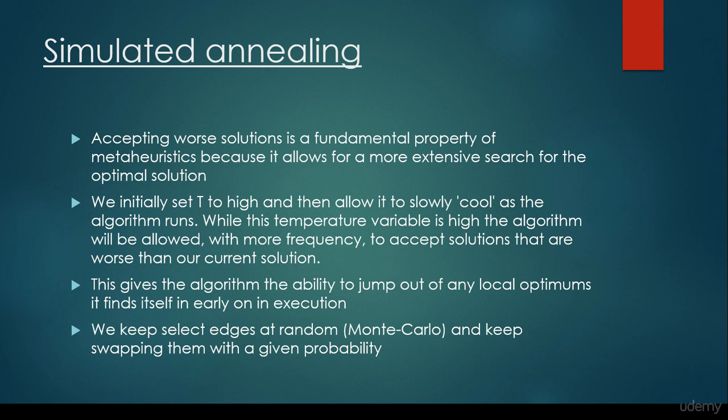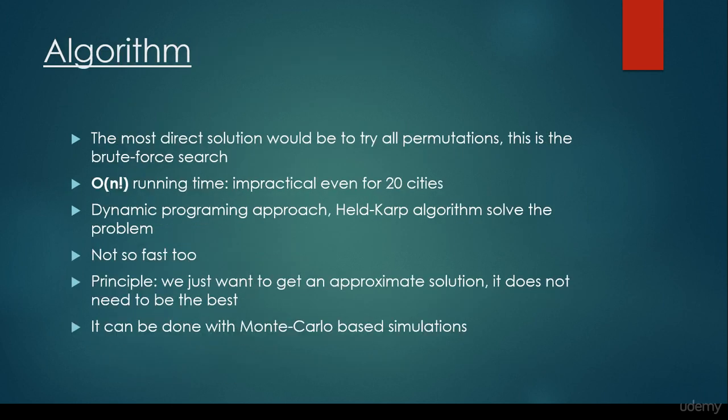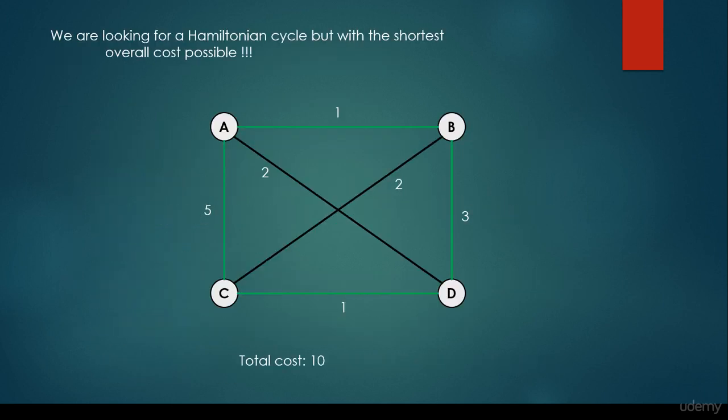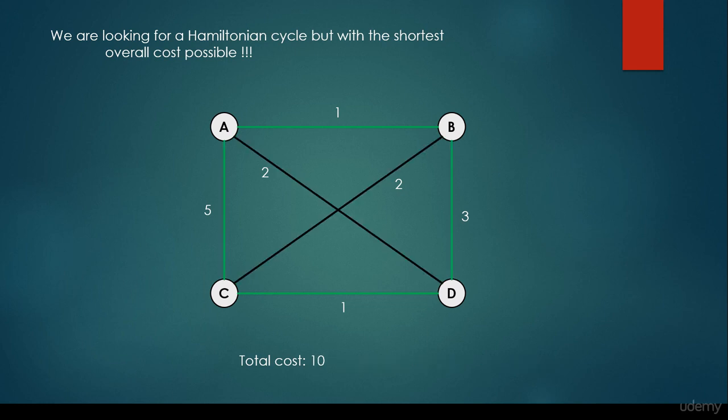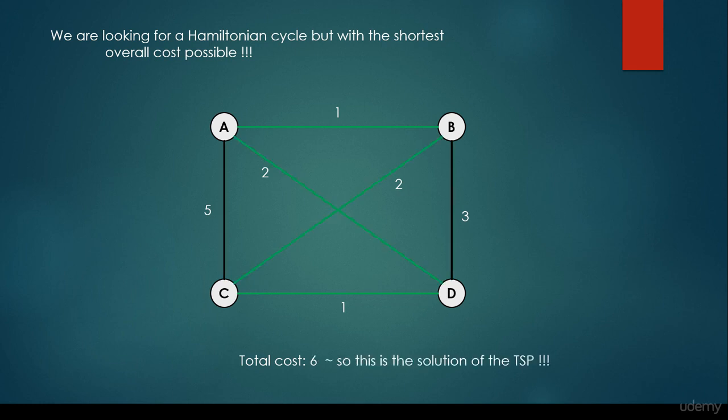By the way, what does it mean, local optimum? Basically, a local optimum is what we have been discussing here: it is a solution, but not the best one possible. Because we know for certain that we are able to find a solution with total cost 6. And meta-heuristics is going to say, okay, we know for certain that finding this exact solution is going to take a very, very long time. We just want to get an approximate solution, and maybe the meta-heuristic algorithm is going to allow this total cost 10 as the solution. It is not quite far away from the best solution, which is 6,